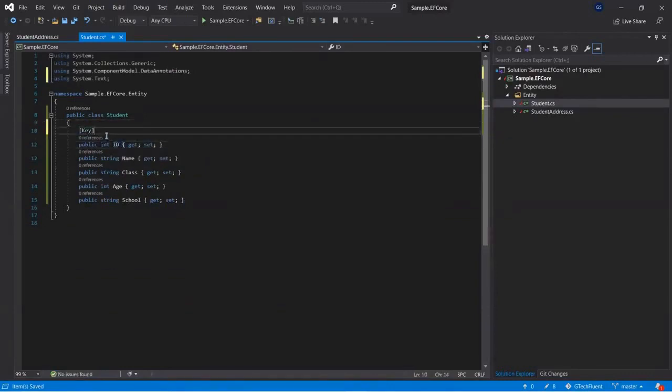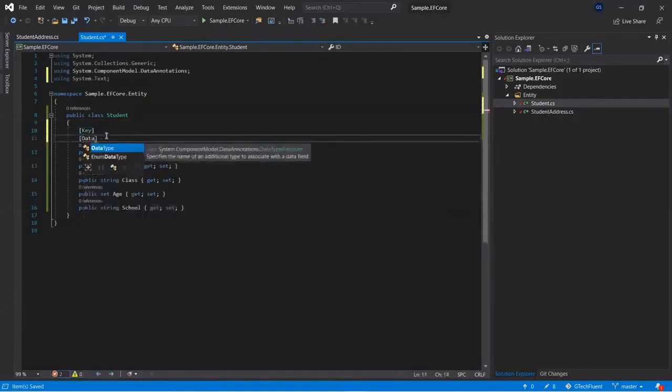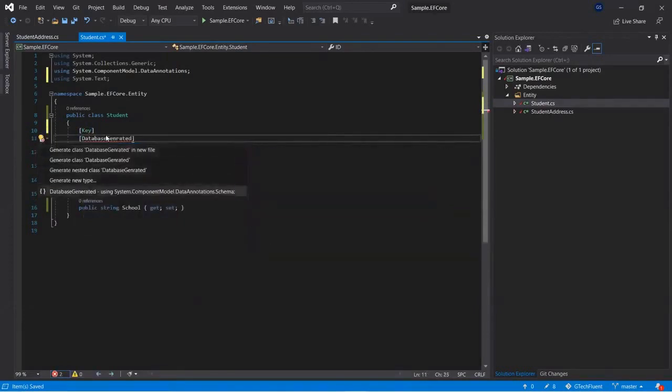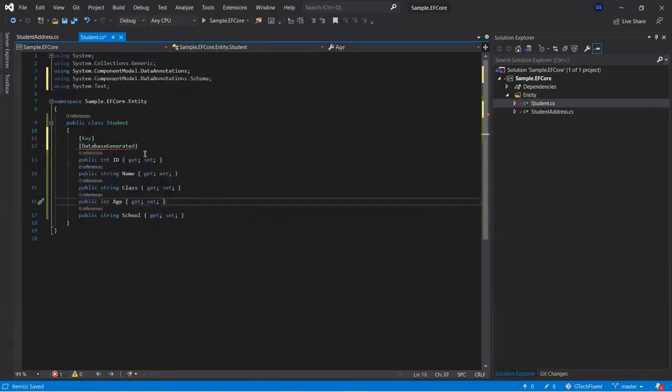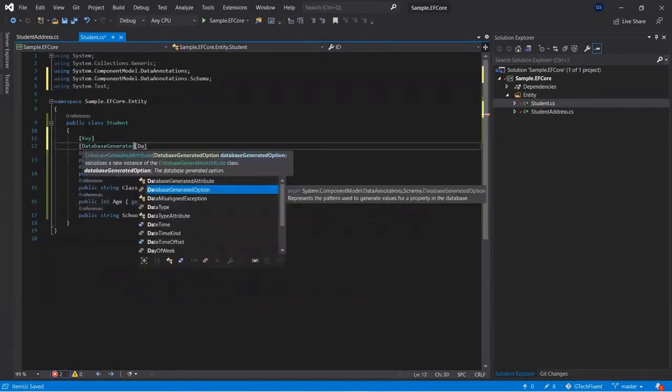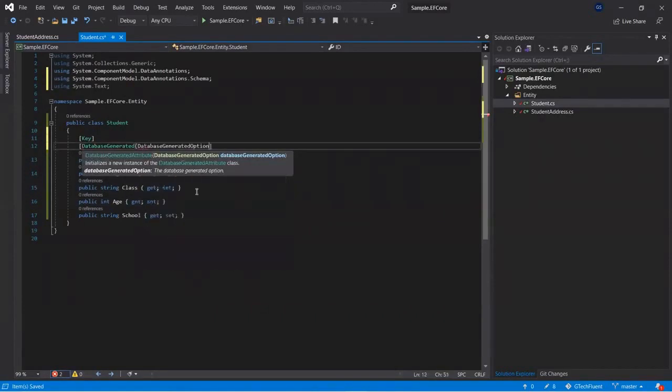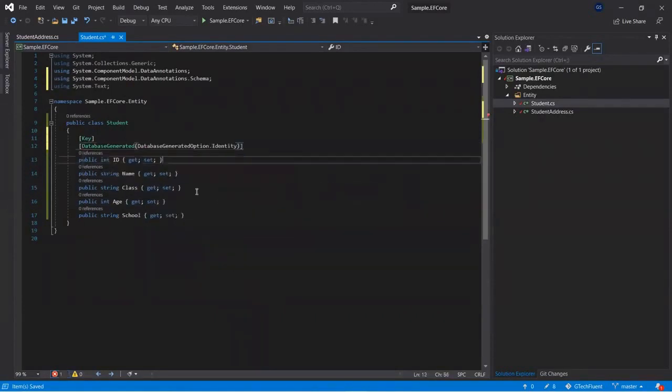Another additional requirement is that I need my primary key to be auto generated. For that we need to use DatabaseGenerated, which is inside System.ComponentModel.DataAnnotations.Schema. Inside this, you need to pass DatabaseGeneratedOption.Identity. So it will be incremented by 1.